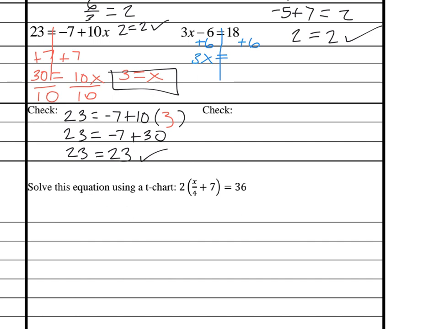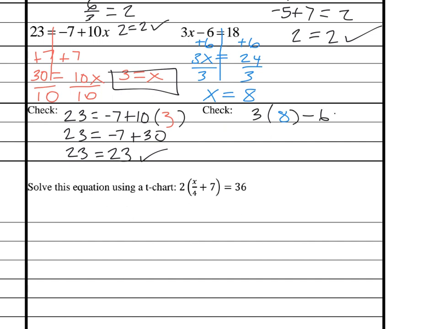3x equals 24. Divide by 3 on both sides. X equals 8. And then check your answer. 3 times x, which we got 8,